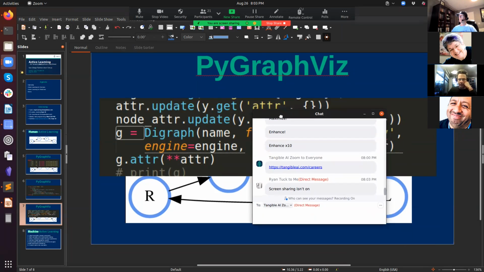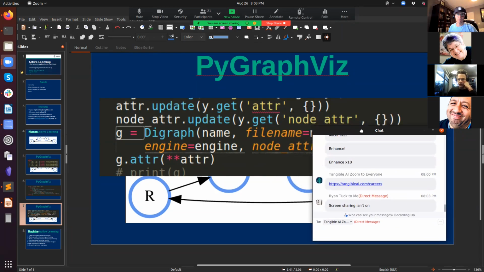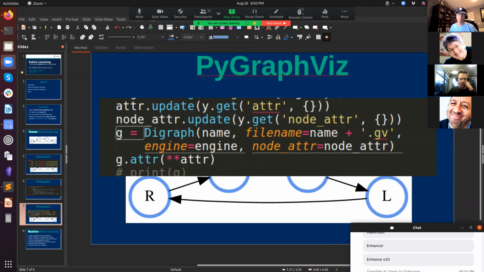Let's see, screen sharing is not on. I can definitely see your screen. Okay. No worries. Brian Tucker was asking for a screen share. Anyway, we've got,